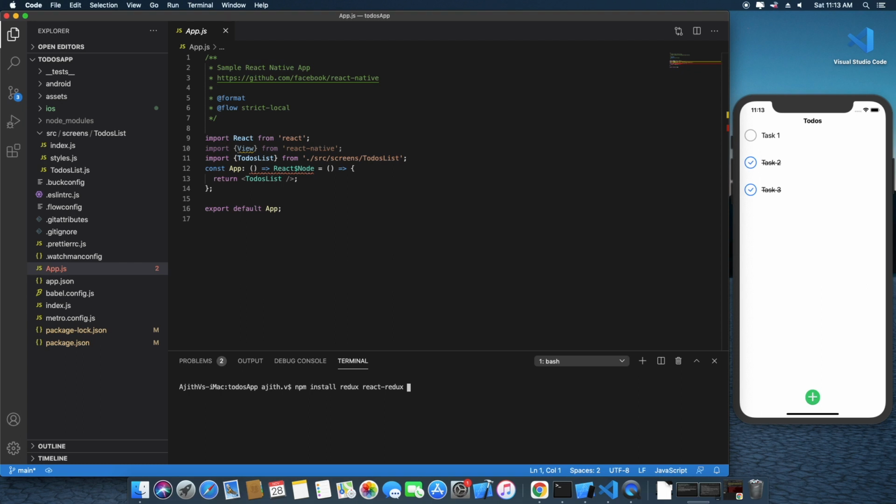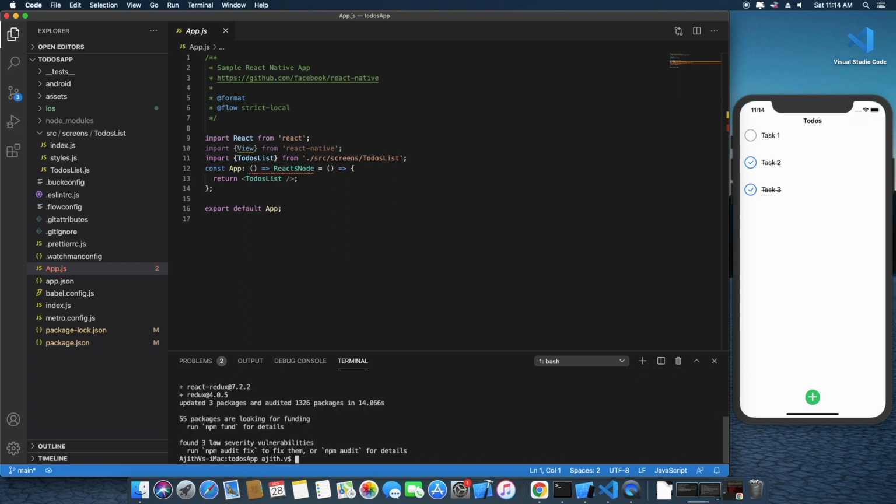Redux is actually an open source JavaScript library for managing the state of an application, and React Redux is a React binding for the Redux library, and redux-thunk is a middleware which allows us to write action creators that return a function instead of an action. So once installed,